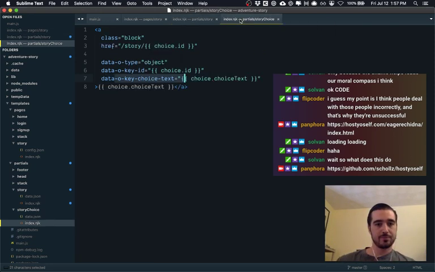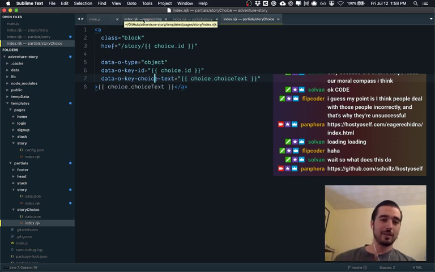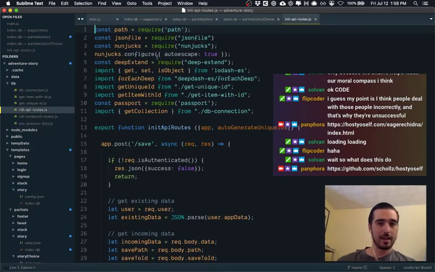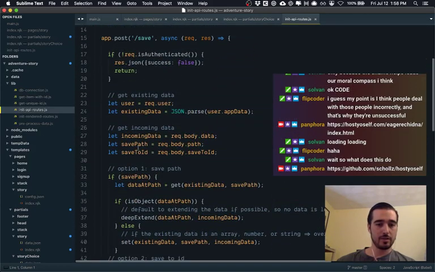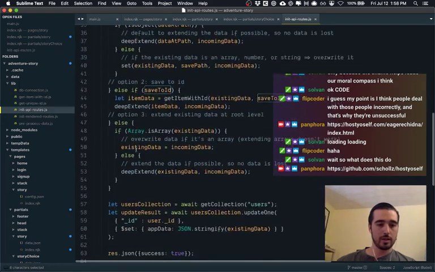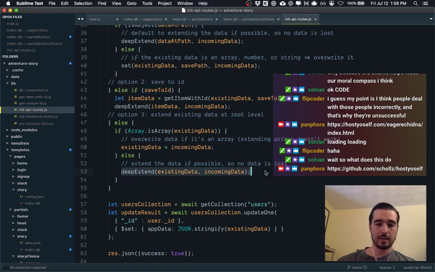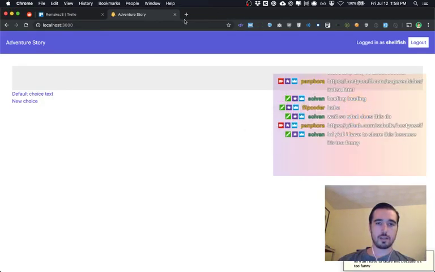So the sub choices. What I decided at the end of the day is that I want a different save function. The save function works right now by, you can save to an ID, or you can just do a regular save. And the regular save says, okay, if it's an object that you're passing, we're going to do a deep extend. And what that means is that if you start with,